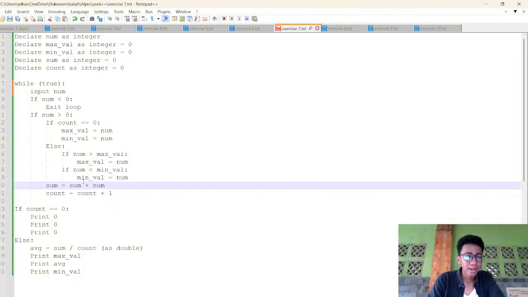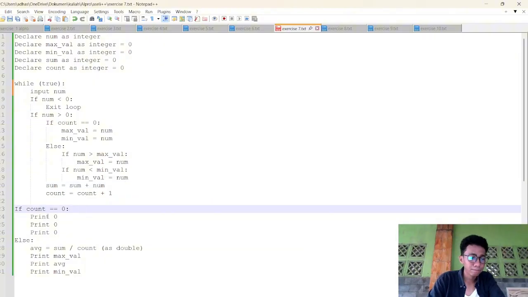After we escape this loop, we need to check again. This is for a special condition if we did not input a positive integer at all, and this is for the normal condition here.